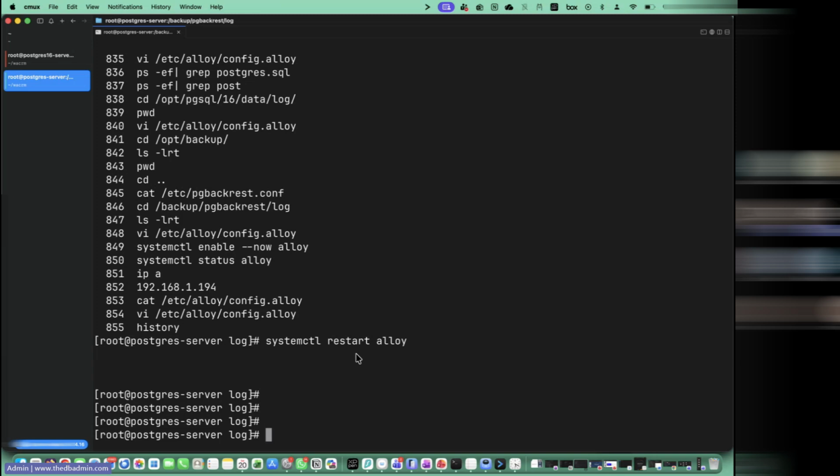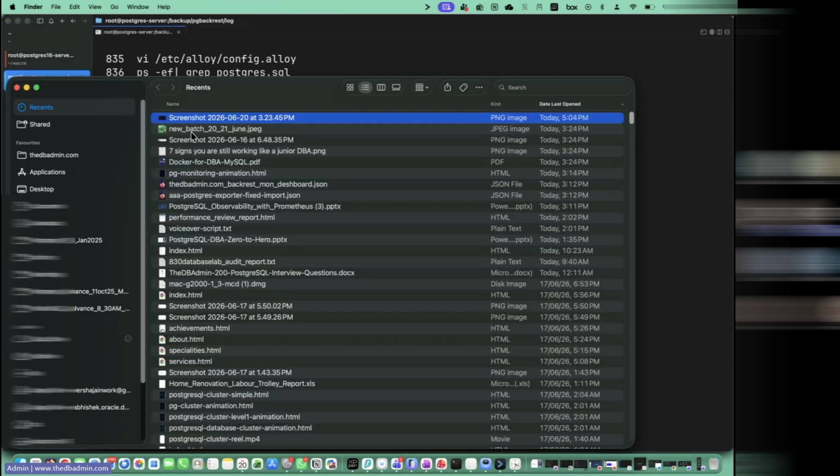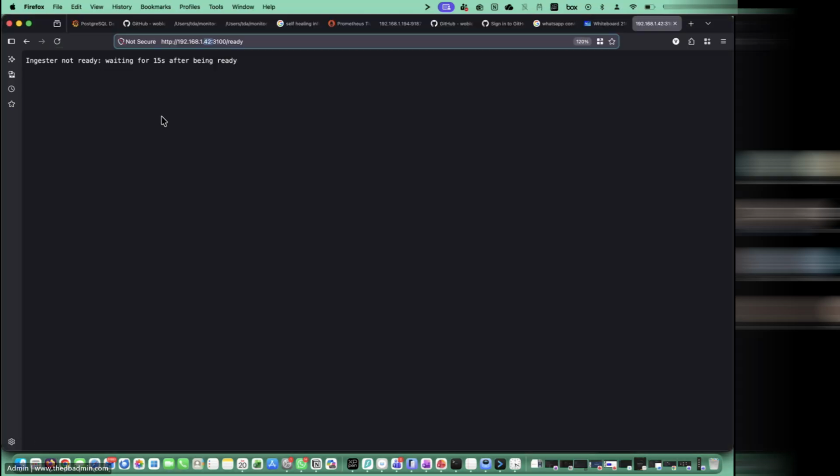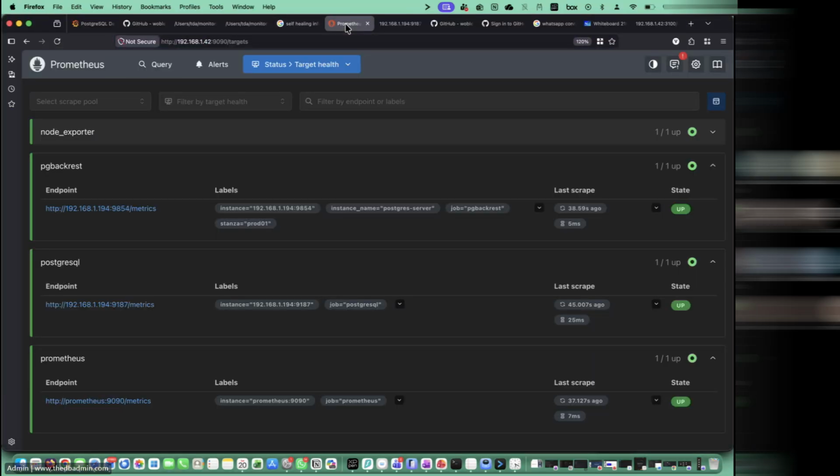Okay. So this is done. So guys, what is done so far? Can we have a small review? Alloy is working, Loki is working. What will my next step be? The data source needs to be created in Grafana. Yes. So